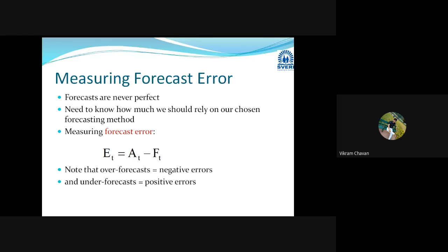Forecast error is nothing but E suffix T equal to A suffix T minus F suffix T. Then write down one note: over forecast is nothing but negative error, where the forecasting value is greater than actual demand. Under forecast is nothing but positive error,